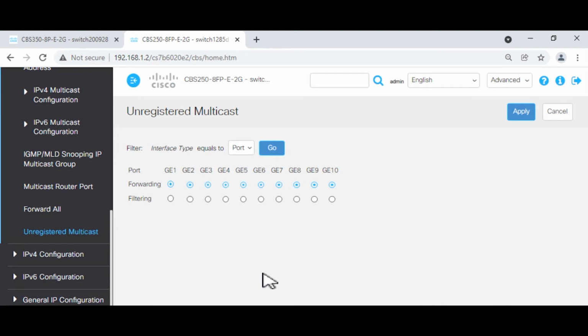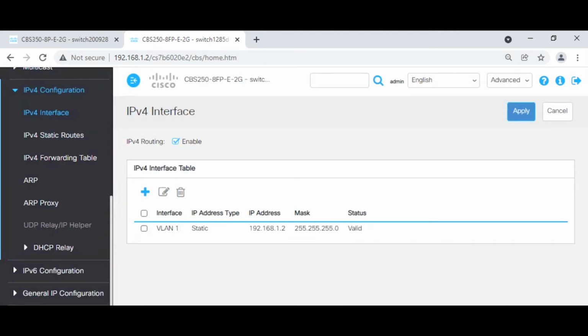If you're working with a deployment that has a mix of both registered and unregistered multicast traffic, that's when things can get more complex, because as you noticed, the registered multicast application is fairly straightforward. A few little configs that we looked at a few moments ago, that you perform and you're pretty much set. With the unregistered multicast traffic, you would have to apply time identifying which specific ports the unregistered multicast devices live on. So one of the things you can actually take a look at